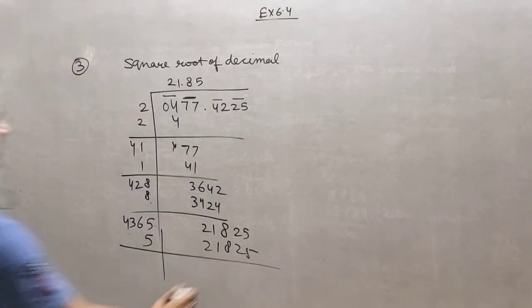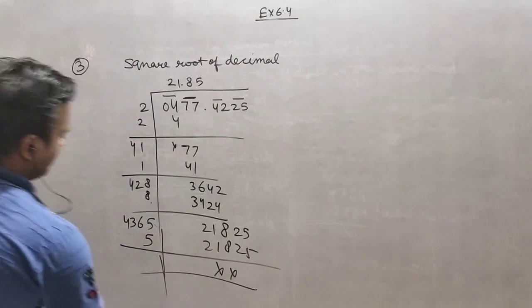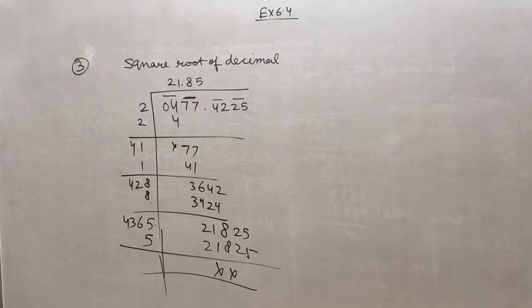So it means it is completely perfect square. For decimals, you have to see only the decimal part. We start the grouping, taking a bar, from the left side, and for a whole number we start from the right side. This is the only difference, right? Now we can start question number 1.